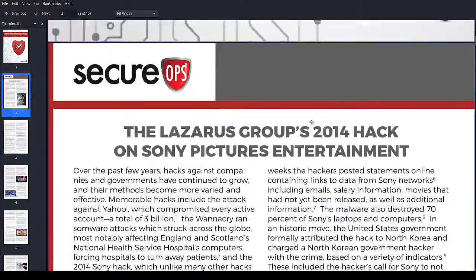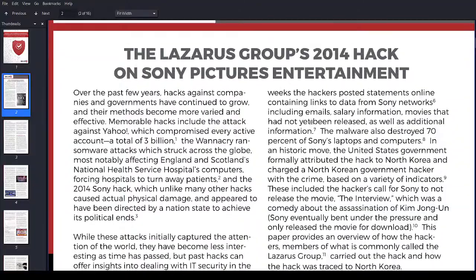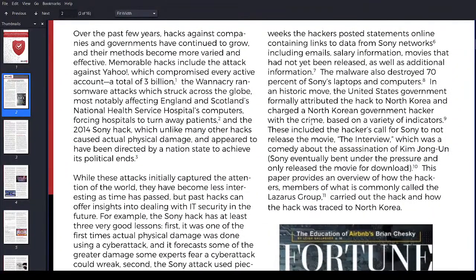In the coming weeks, the hackers posted statements online containing links to data from Sony networks, including email, salary information, movies that had not been released, as well as additional information. The malware also destroyed 70% of Sony's laptops and computers.